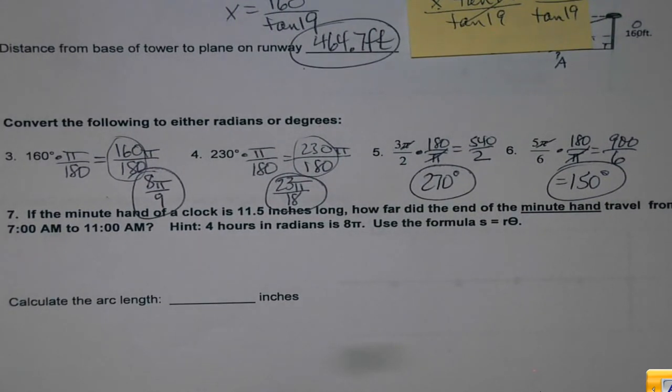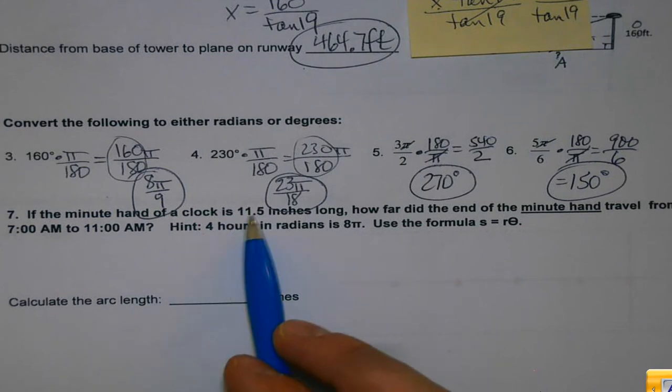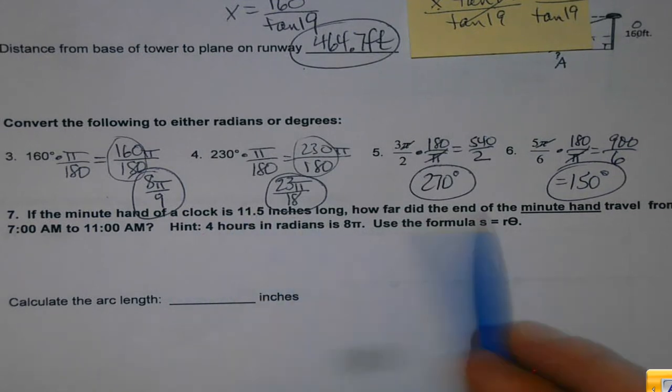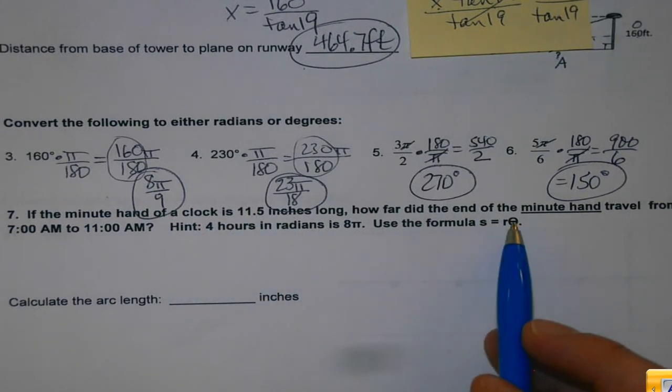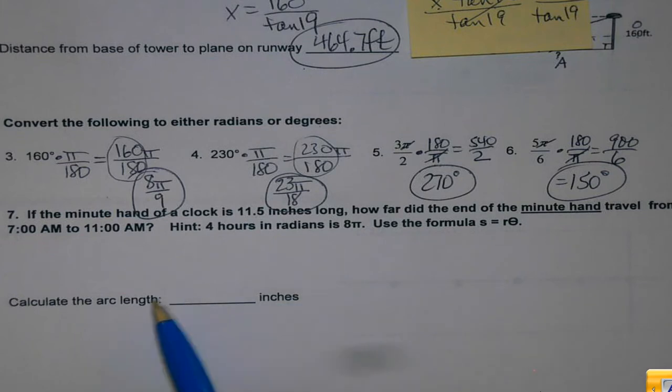Read it through. If the minute hand of a clock is 11.5 inches long, how far did the end of the minute hand travel from 7 a.m. to 11 a.m.? Hint,